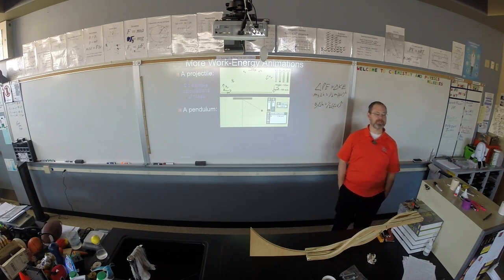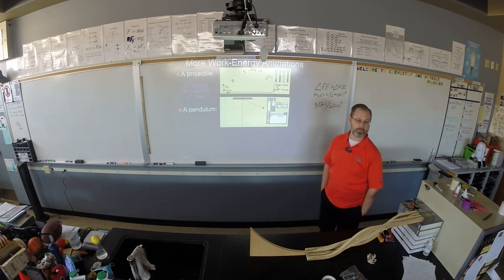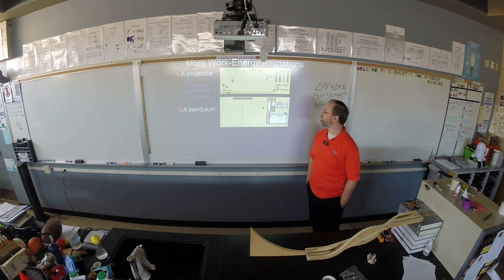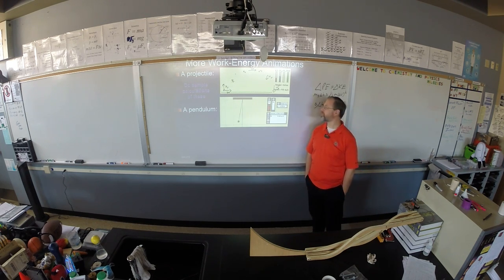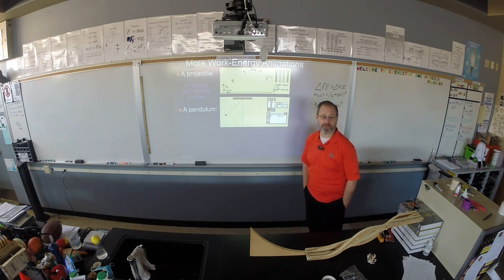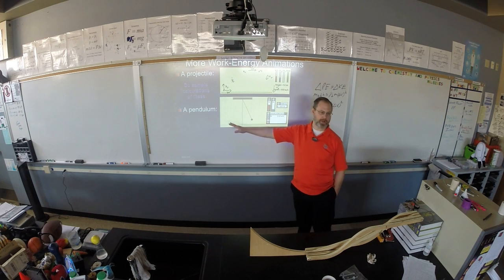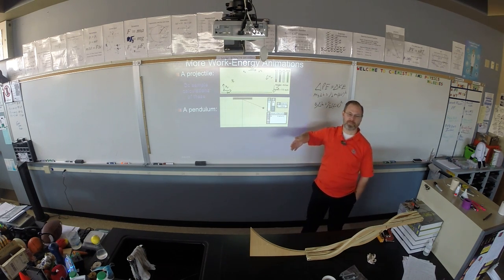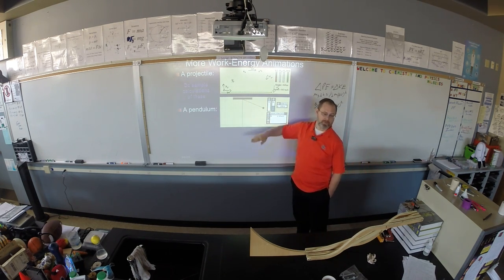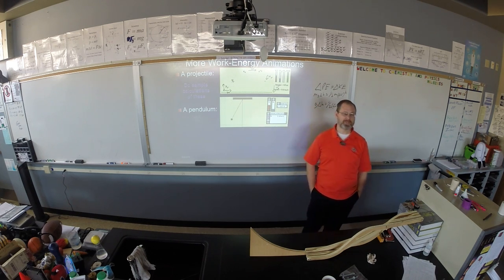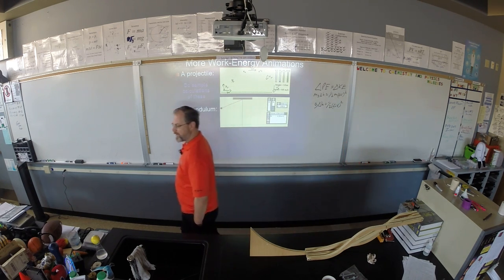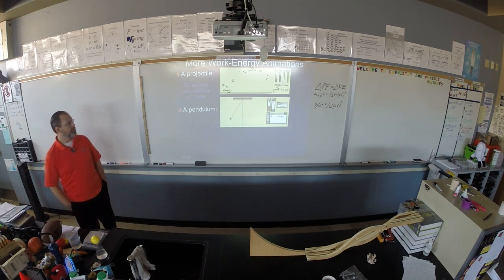So where is the potential energy maximum? At either end. And where is the kinetic energy maximum? In the middle. And where is the potential energy zero? It's not. A pendulum can't have zero potential energy, because if it did, that would mean it's dragging along the ground. Unless we arbitrarily make the zero point the bottom of the pendulum, which we can do. But unless we do that, the pendulum doesn't have zero potential energy, because it never actually reaches a zero point. But the relationship still